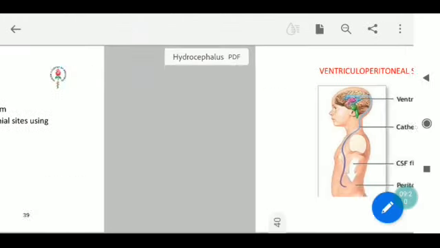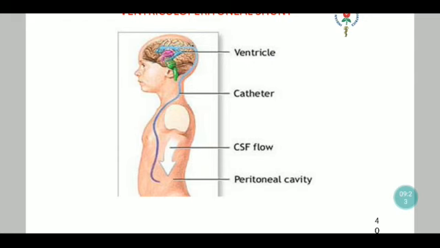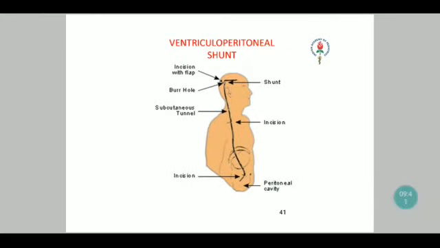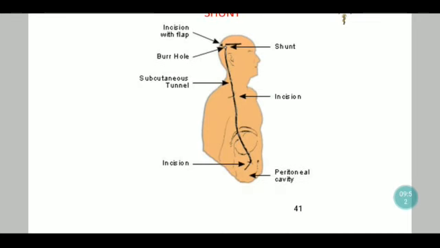So if you consider a ventriculoperitoneal shunt, from the ventricle, a catheter is placed to ensure that there is a flow of the cerebrospinal fluid into the peritoneal cavity, as a result of which whatever accumulation of fluids was there within the cranium will come downwards, and there is no accumulation, and the head circumference will thus be normal. So, after an incision with the flap through a burr hole, the shunt is inserted, and another incision is made almost at the level of the clavicle, and a third incision is made at the level of the peritoneal cavity. And from the peritoneal cavity, fluid does get absorbed, and routine fluid excretion does occur.